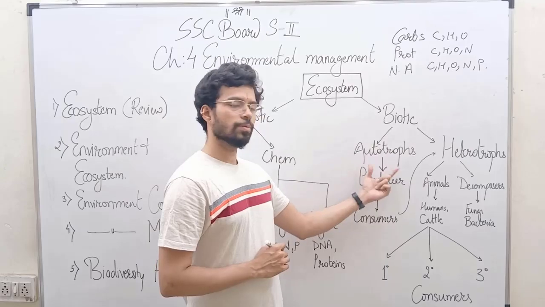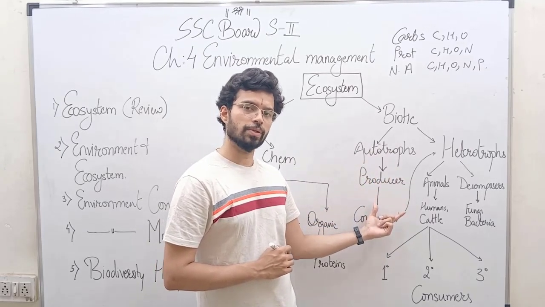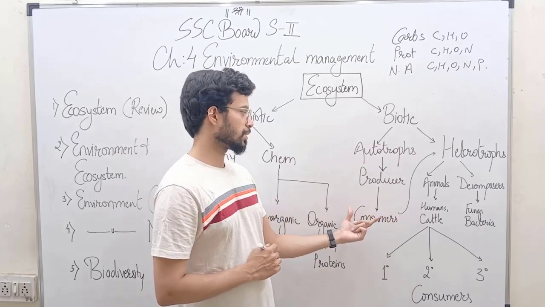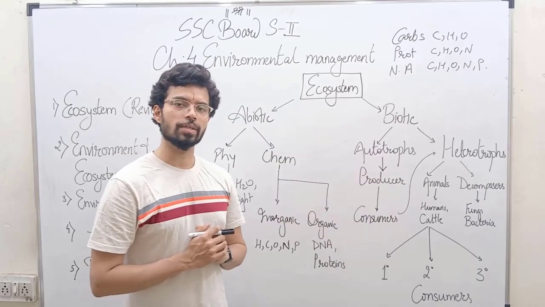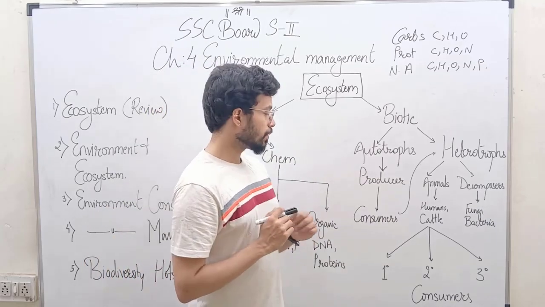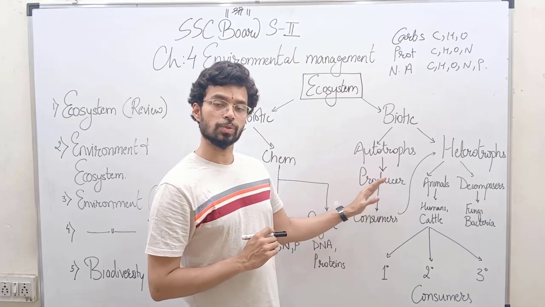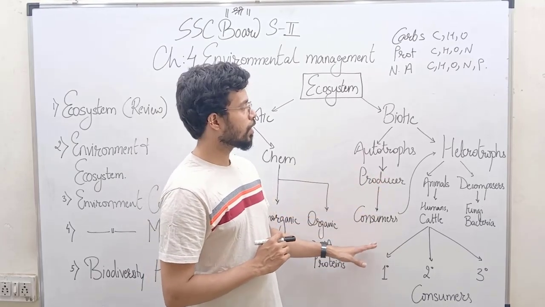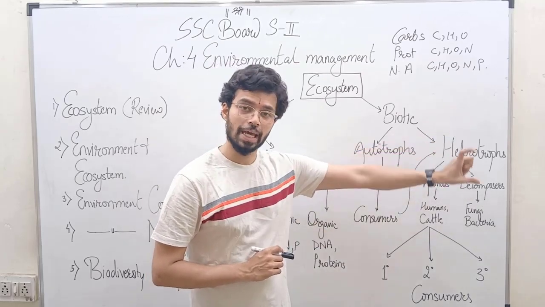So in autotrophism, you have the producers. In producers you also have the primary producers, the secondary producers to a certain extent. All together they are consolidated into one blanket term, that is producers. Now these producers are the source of energy in terms of food for the consumers. Now who are the consumers? They become your heterotrophs, which are dependent on somebody else for their food.